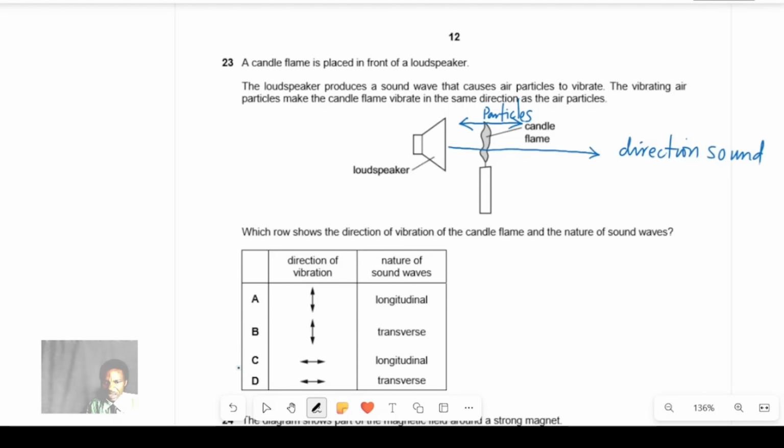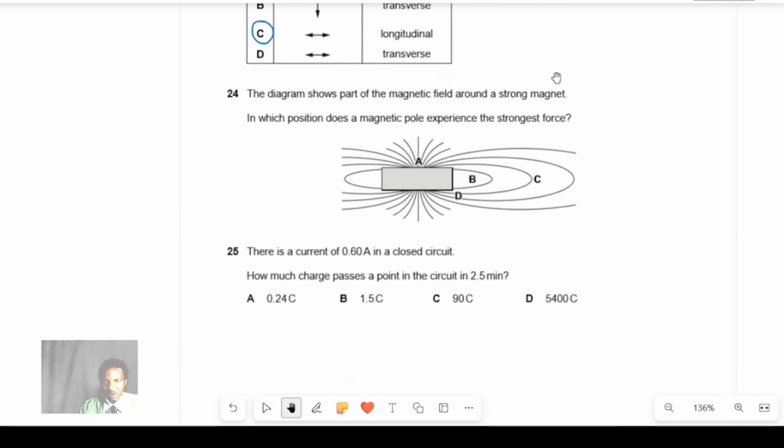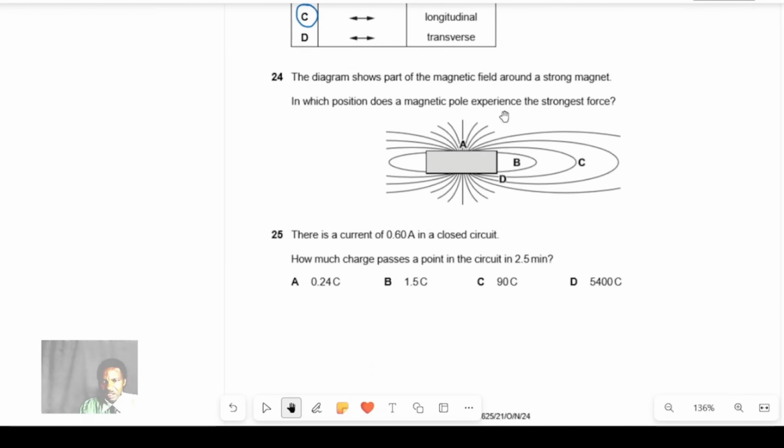So longitudinal, and then the direction of vibration of the particles is longitudinal, parallel to the direction of the sound wave transmitted, and it's also a longitudinal wave. That is 23C. Now 24,